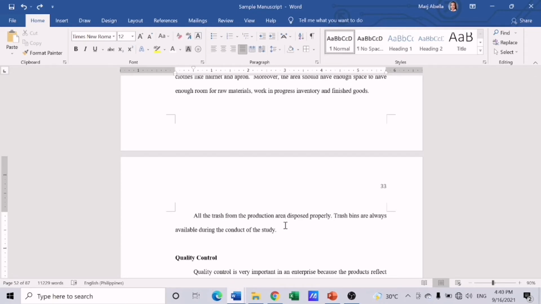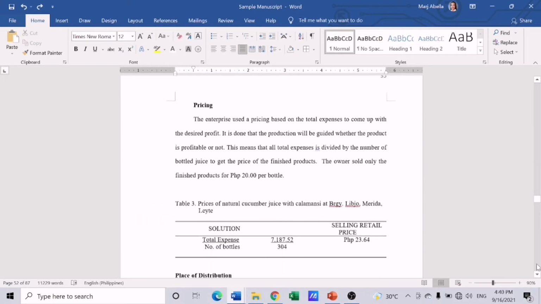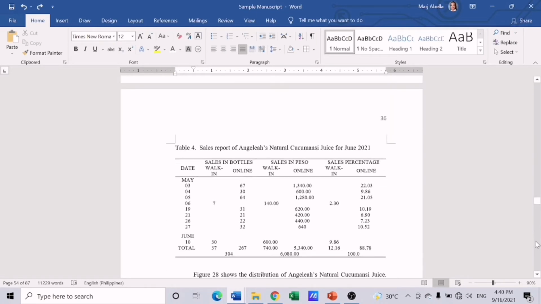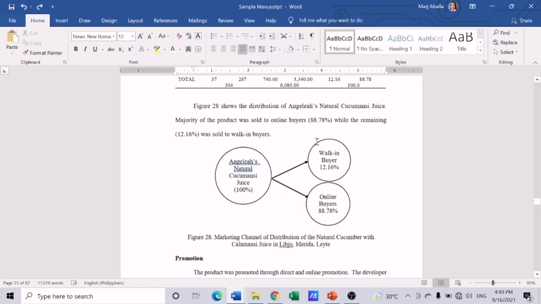And the next time you mention that name, you will now say VSC Isabel, because the first time you mentioned it, you stated the entire form, the Visayas State University Isabel. Another thing is in your discussion, for example, your discussion is on the percentage. If you will be presenting your percentage within or inside the parentheses, you will present it like this,